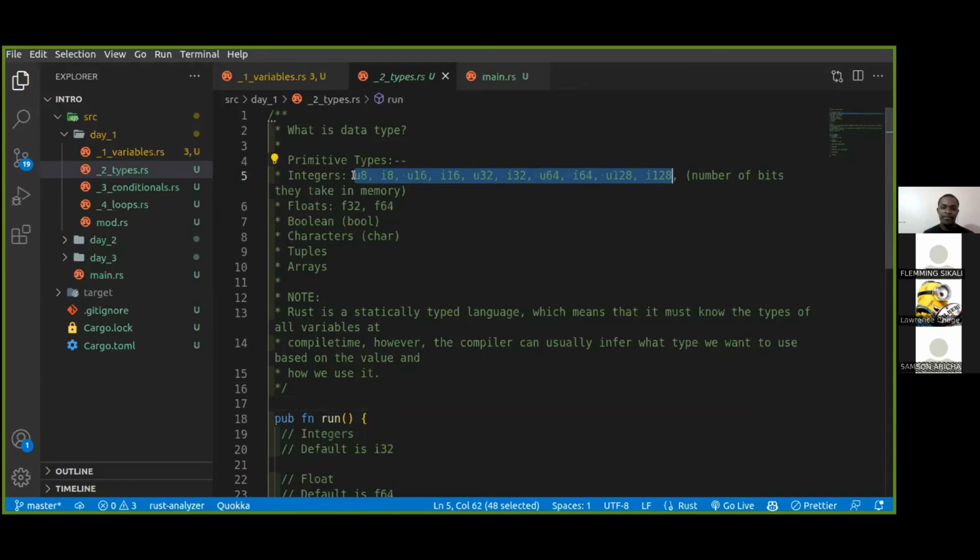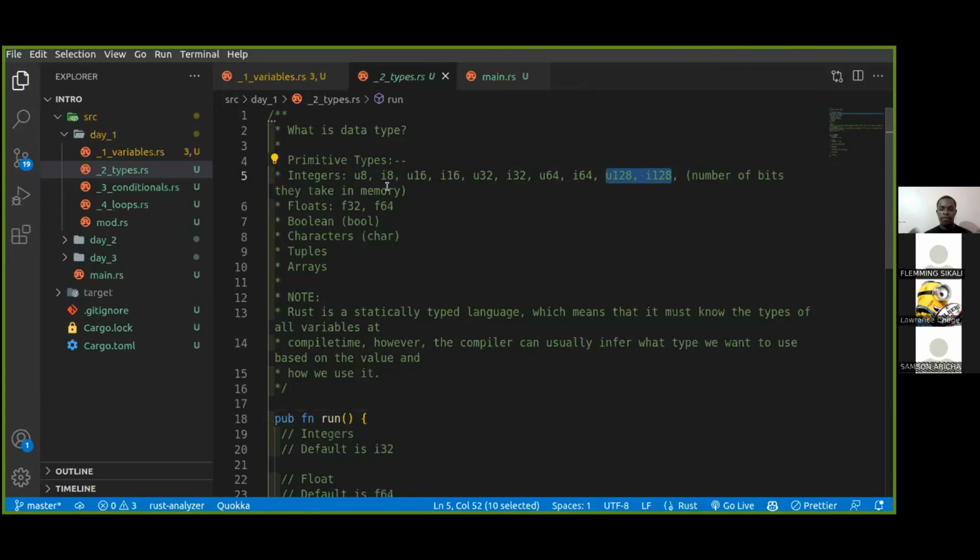So we can have an integer value of 8 bits. We can have an integer value of 16 bits, of 32 bits, of 64 bits, and of 128 bits. Now, within the different bits, we could have signed integers, in this case, an integer that can be negative or positive, and we could have an unsigned integer, in this case, an integer that can only be positive at any